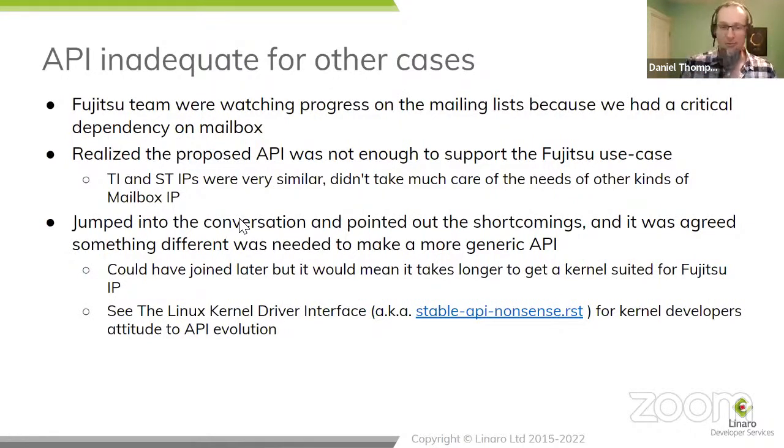They didn't have to jump in at that point, but by jumping in at that point, they got to influence the kernel. This is something like working in the upstream. They got to influence the direction before it landed. Now, it's not that you can't influence the direction after something has landed, but if you see something moving in a direction that doesn't suit you and you can jump in time to redirect it, that often gives you a better outcome. You get where you need to be more quickly.